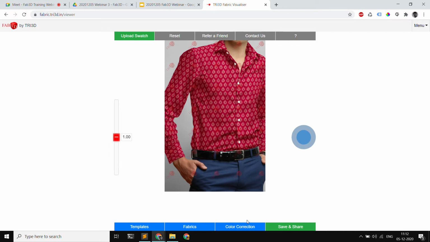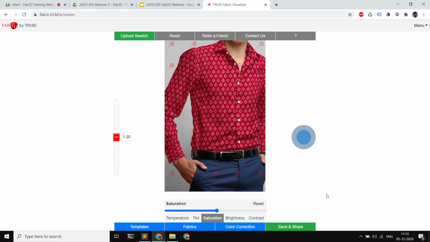Now, even over here, we gave one feature to do color correction. So you can click on this color correction and further adjust, if there is any difference in color. Sometimes maroon color comes out as red or orange comes out as maroon. You can do that adjustment over here, right? So there are different things within color correction. You have different options to do different kinds of adjustment. Okay.